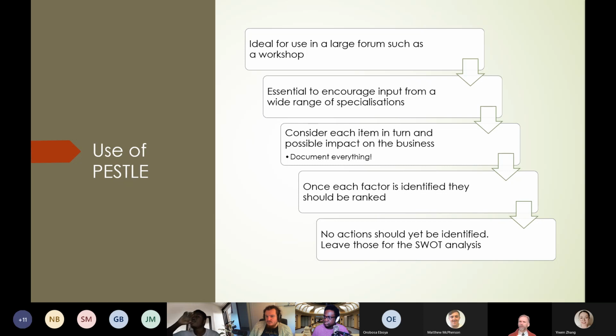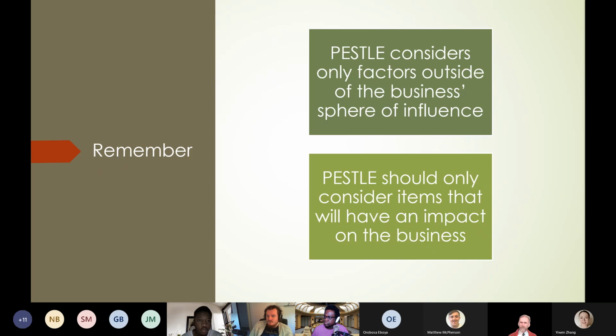So we identify them, put them in order, but in this specific analysis, you're not saying what do we do about it. We'll look at another analysis, specifically a SWOT analysis, where we will do that. But for now, all we're doing is trying to identify the issues. Specifically ones that are outside the business. So it's something that we can't affect mostly. And you should only think about items that actually affect your business. So there might be a whole bunch of political things that you don't like, but won't actually affect the business as it is.